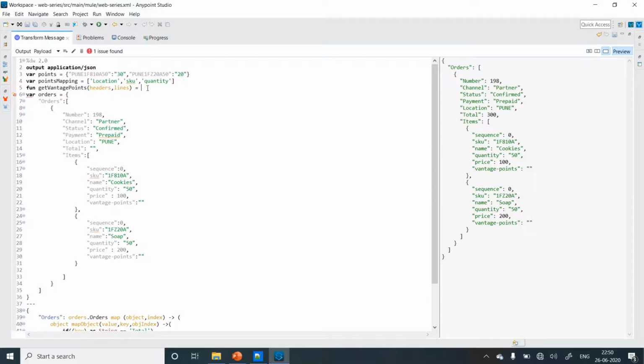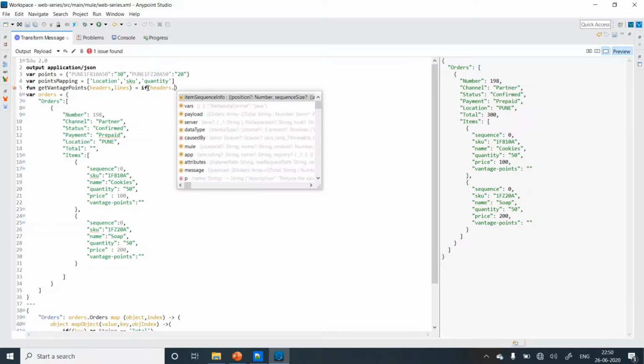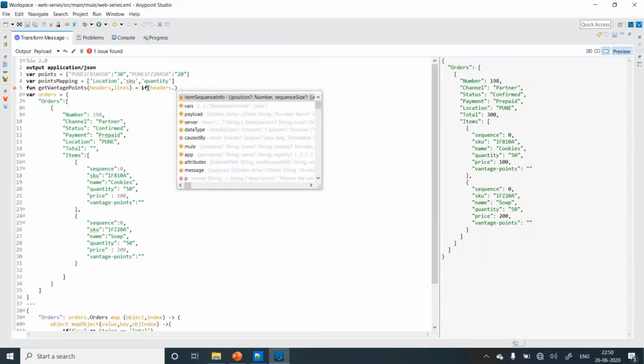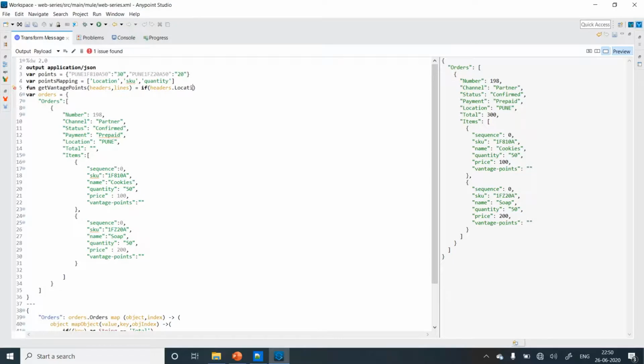So how we can solve this is, let's apply an if and else condition. If headers dot location. Since we already know that location is in the header, we can directly use a dot selector and single value selector and call for location, or else you can use a dynamic selector and pass the value as location. Anything is fine. Let's just use a single value selector and type in location. If headers dot location is equal to